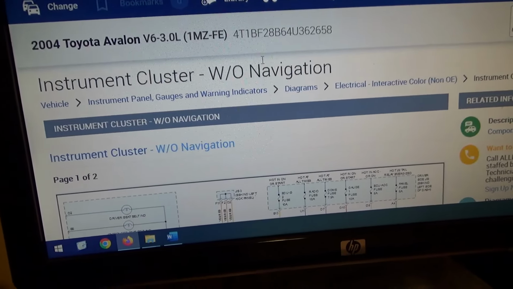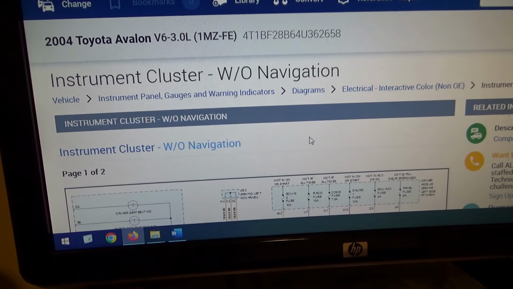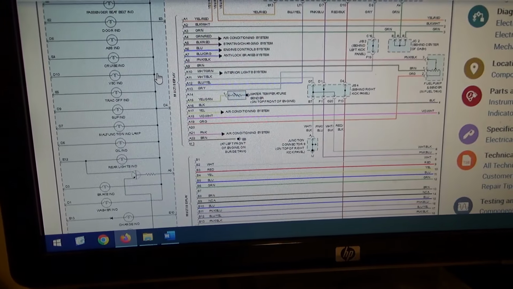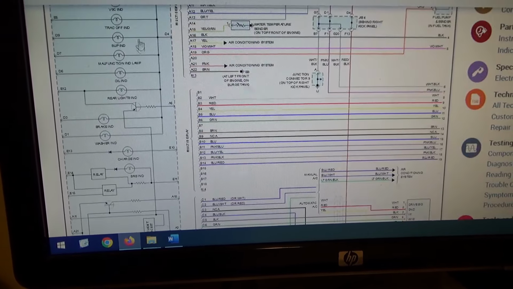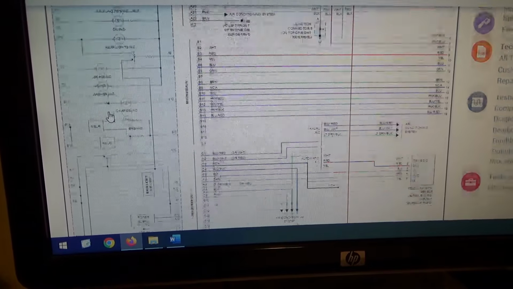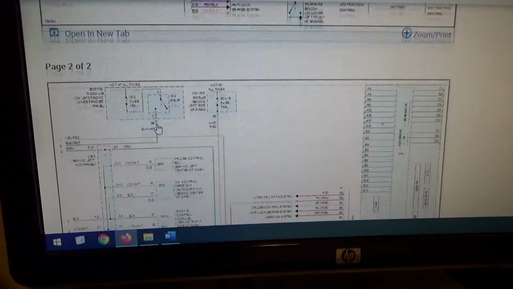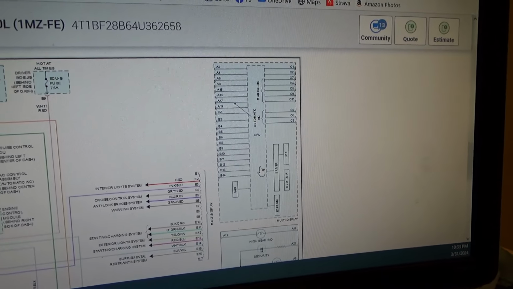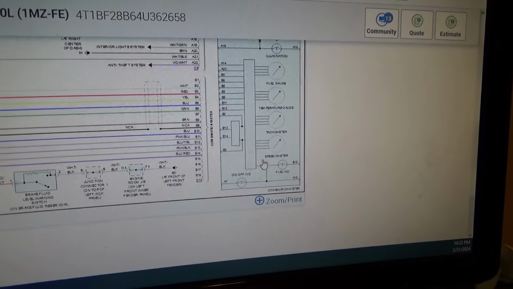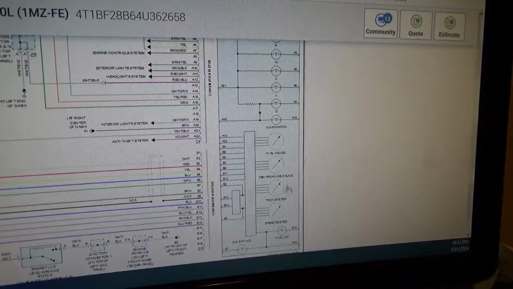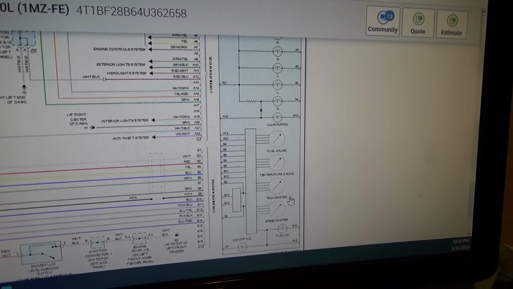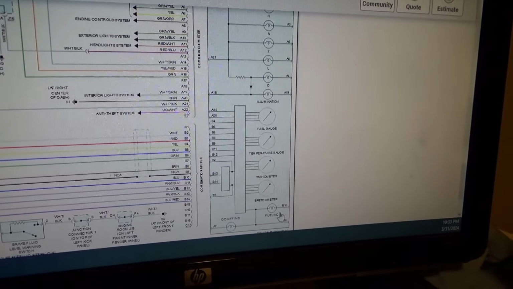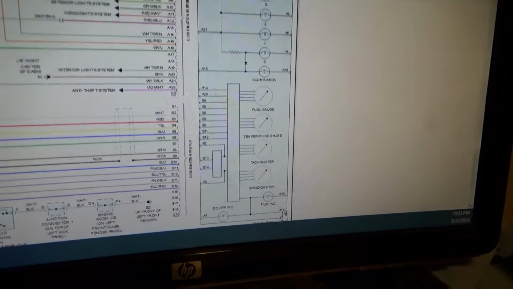Okay, looking up the wiring diagram for instrument cluster. So we have our multi-display. It's a fancy unit with a whole bunch of light bulbs, and then page 2, multi-display, has a CPU. Okay, and then we have our actual combination meter with all the gauges. So we're worried about, there's our fuel indicator light. What makes that come on? So you have to read the little